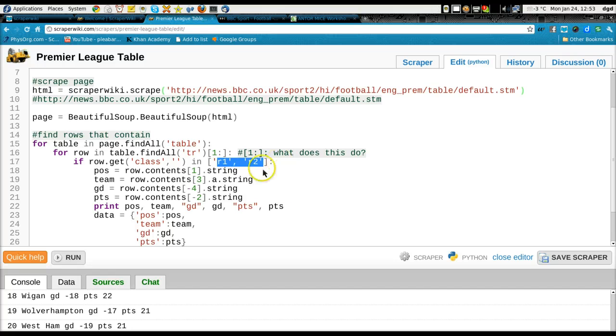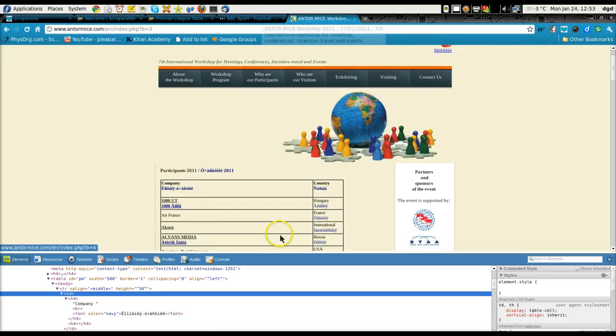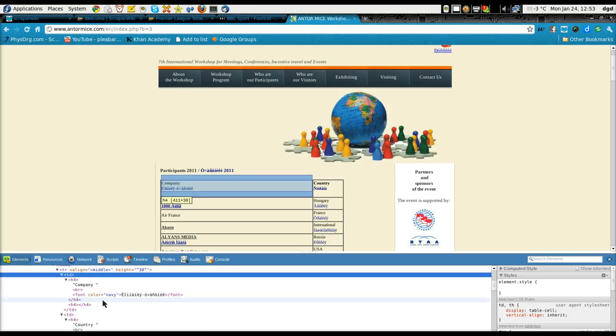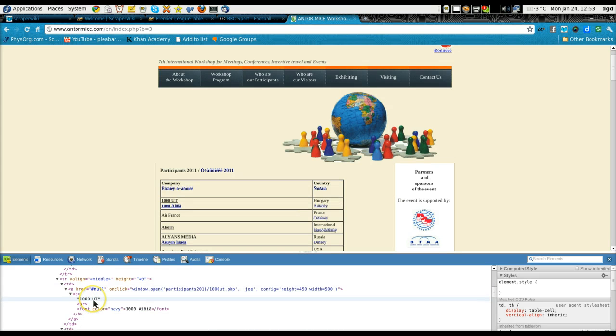Alright, and what it does is that it pulls the row contents, POS, team, GD, points, and then it prints all of that information, the data. And what I would like to be able to do is the same thing using this. I want to grab this table. It's a very simple table. And maybe I just need to do it by grabbing the H4s, because the H4s, except here, it goes to B,